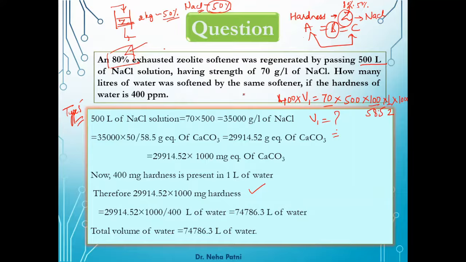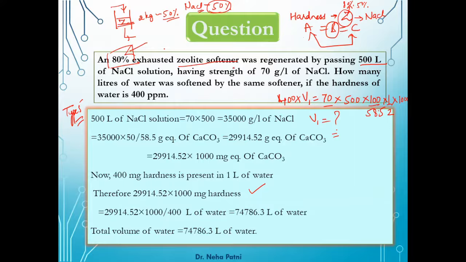It's not mentioned in the question that the hardness is 80% removed. If it were so, then you could convert that for 80% to 100%. But if it is written in relation to the zeolite, you are not supposed to take it into consideration, because the zeolite has done its job.